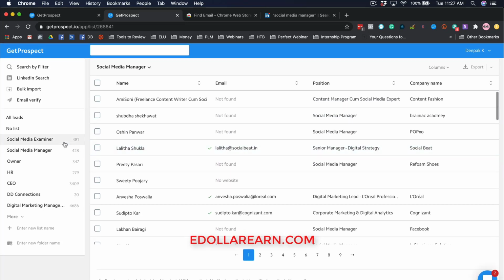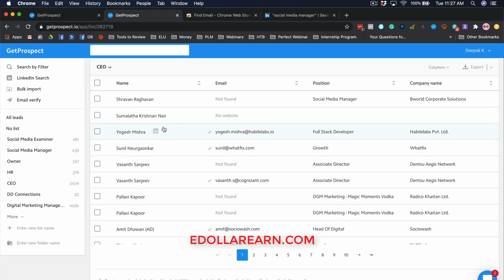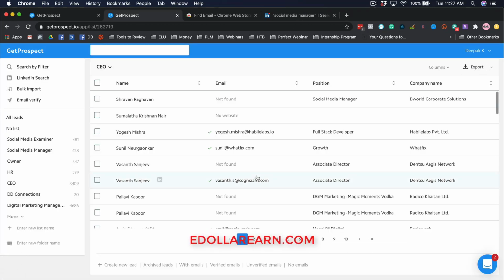So if you look at CEO, I have collected 3,400 different leads of CEOs, and I will be able to download it as a CSV file. If I click on export, it gets downloaded as an XLS file, with export with emails, or export only verified. I can click on export only verified, and then it will export only the verified emails.